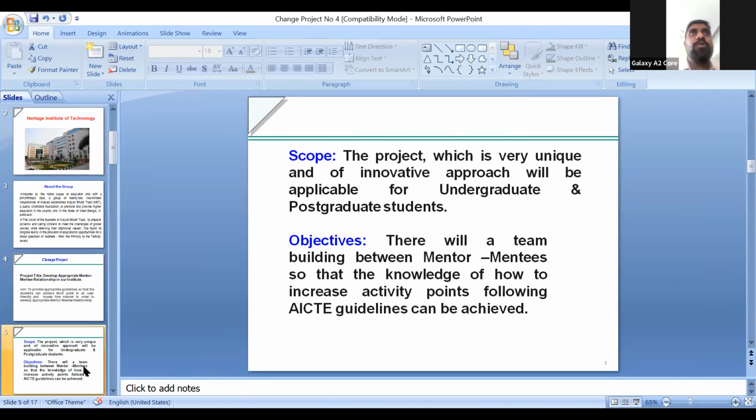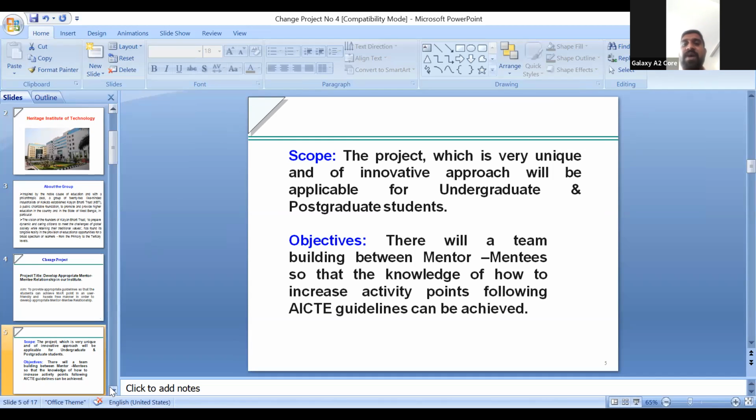When we guide a student to do something, they ask why they should do these extra things apart from their studies. So it was a hard challenge for me and Swamiji to incorporate this among the students as well as the faculty members, because the faculty members here are the mentors and the mentees are the students.